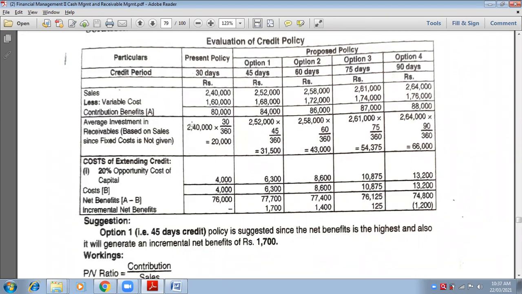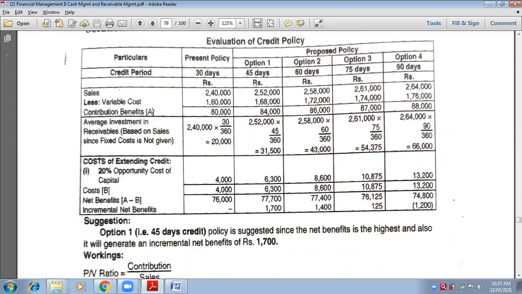Now you have to draw a line below that. This has to be written in a box, so it will become a block. It has to look like a box, a line above and a line below. You close it because this transaction is over. So you close it by drawing a line below. Now come to the next part.